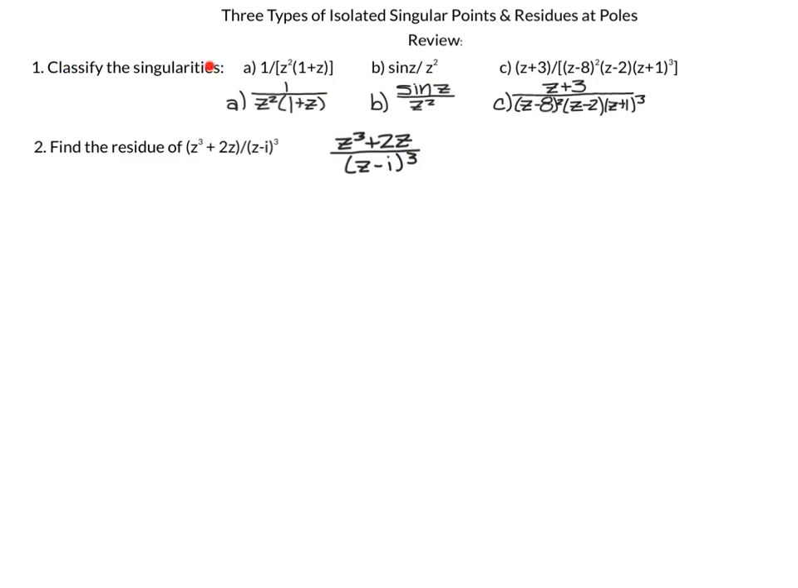The first one is to classify the singularities of A, 1 over z squared times 1 plus z, B of sine of z over z squared, and C of z plus 3 over z minus 8 squared times z minus 2 times z plus 1 cubed. And then the second problem is to find the residue of z cubed plus 2z divided by z minus i cubed. So I suggest you pause this video, give them a try, and then come back and I'll have some